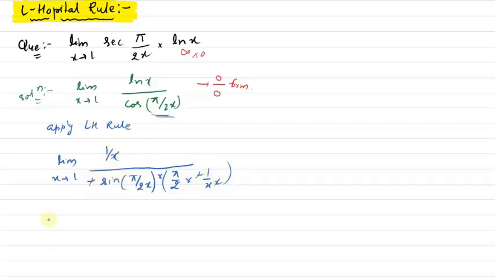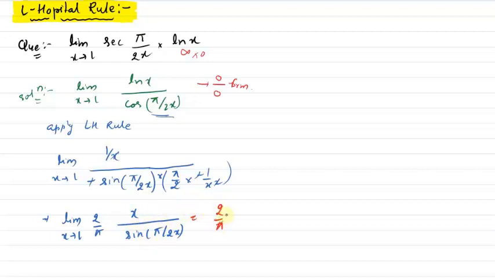So this x and this 1 by x will get cancelled out, this minus and this minus will become plus. If I write it again, what we get is limit x tending to 1 of 2 by pi, x will now go to the numerator, divided by sine of pi by 2x. Now if you apply the limit, check whether it is now becoming determinate or indeterminate form. So let's apply the limit. What do we get on applying the limit? If we apply the limit, x will be 1, so in the numerator we are getting a determinate form. So if we put the limit, what do we get?